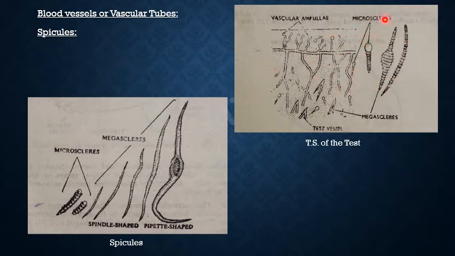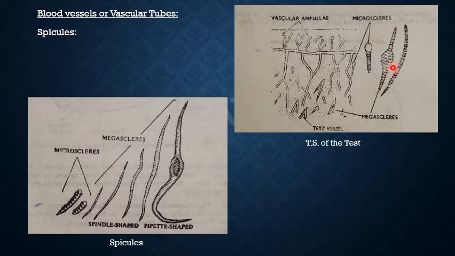Now here you can see these spicules, and there are 3 types. In 3 types you can see 2 names over here. One is microscleres and the other is megascleres. Micro, as the name suggests, means small. These are small spicules, and mega, as the name suggests, are big spicules. You can also compare the size of both. These are big spicules and these are small spicules. So there are mainly 2 types of spicules. Spicules are divided into microscleres and megascleres.